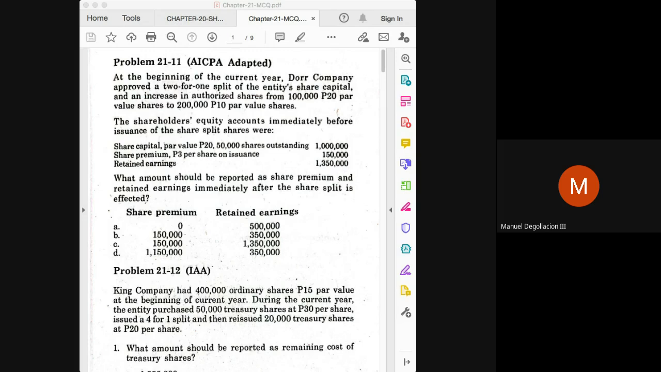So we are continuing our discussion on shareholders' equity with chapter 21. This time we will be discussing other transactions that will involve your share capital. In the previous discussions, the focus was mostly on recording the issuance of shares. In this chapter, we will be discussing share split, which could either be a split up or a split down,